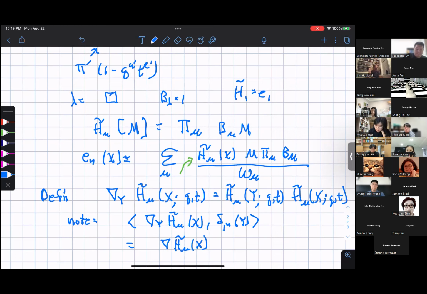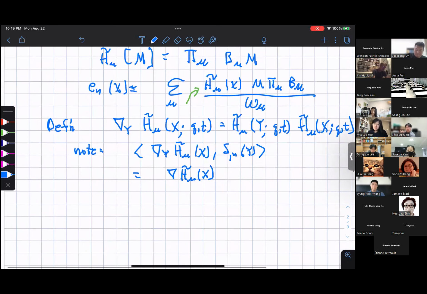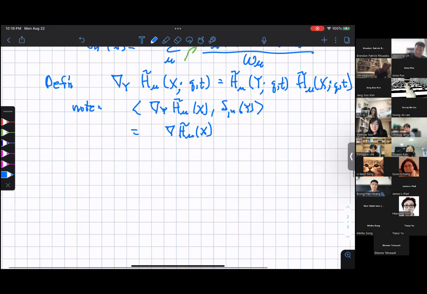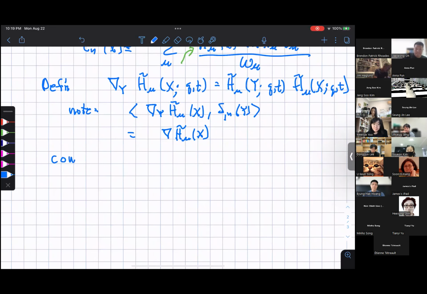Okay, so that's why these Nabla y operators contain Nabla as a special case, and we might then ask what kind of properties they have. Well, here's one conjecture, which is the main thing that's been motivating us: Nabla y En of x. If I take the scalar product of that with some Schur function in either x or y,